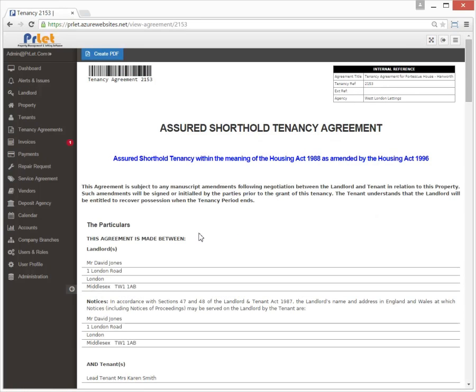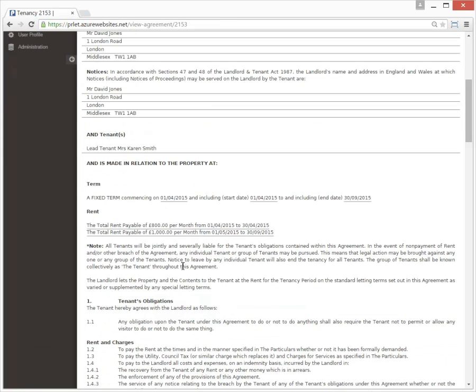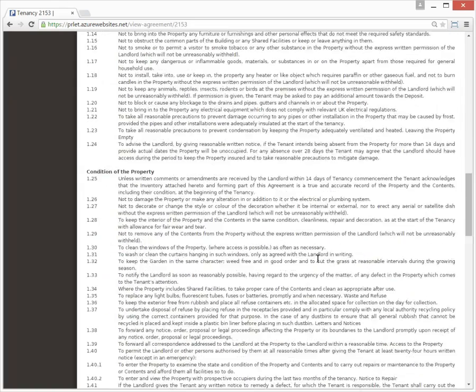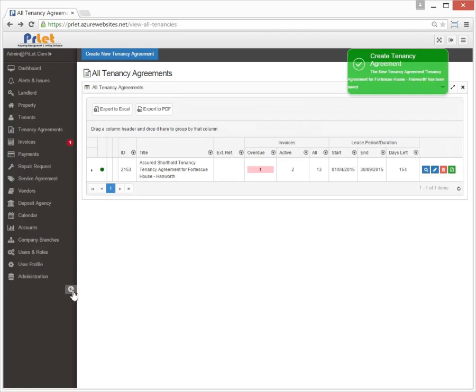Now, just open up the tenancy agreement, and you can see the tenancy agreement is actually being created for you. It includes details of the landlord, the tenant, and also the payment schedule, and all the legal requirements. So let's go back again